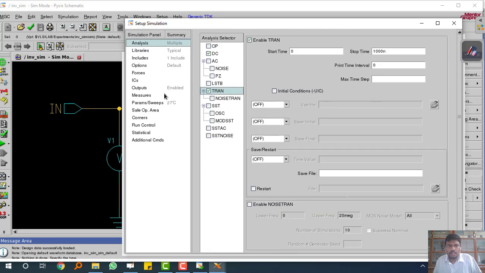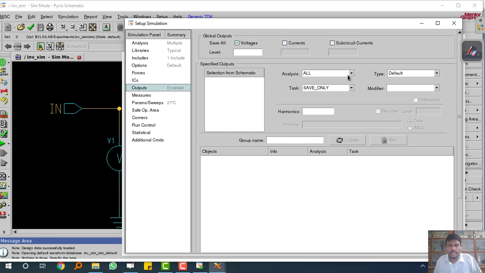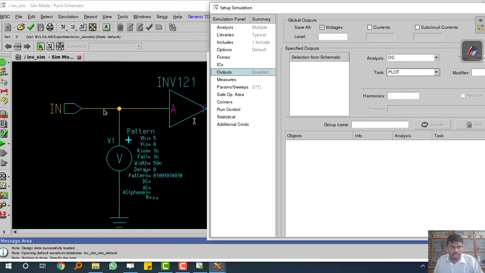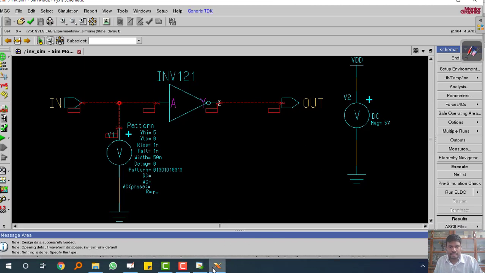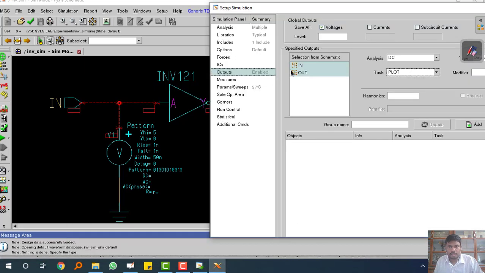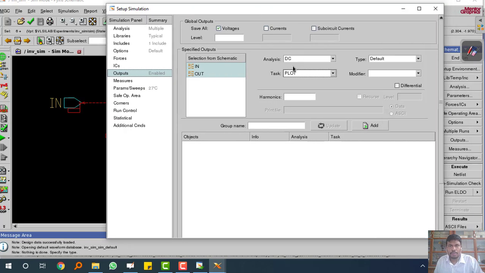Now if you take the output, you place it as DC and plot. Click on input, press control, and click output. Now you will get the outputs at the analysis part. So you will be plotting DC analysis and transient analysis.